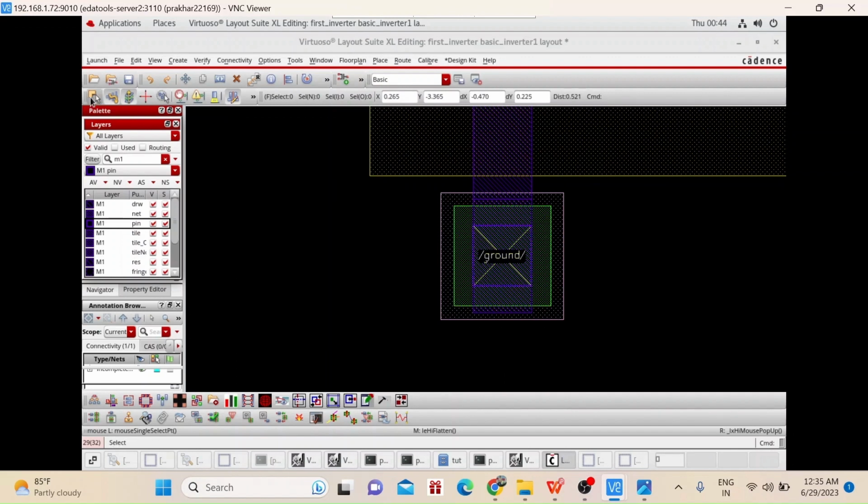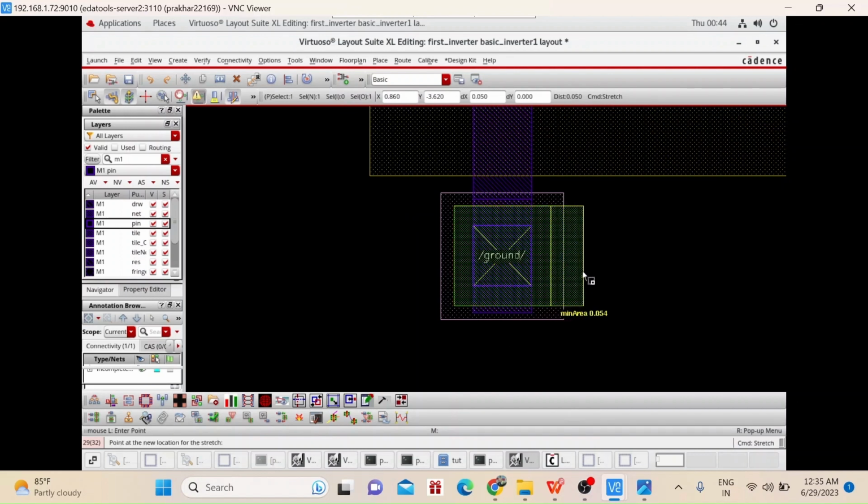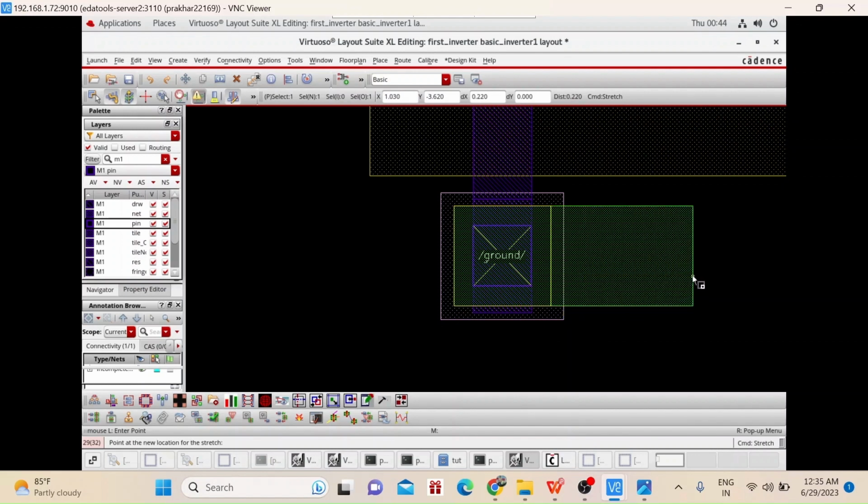Kindly click on this button. It will select a specific length that you want to select, and then kindly press DRC on also. It will suggest whether our DRC is removed or not. For example, here you can see minimum area is 0.054. Till now DRC is not removed. When this yellow thing is gone, that means your DRC is removed. Here it is not removed, here it is removed. So stop here. Now your DRC is removed.